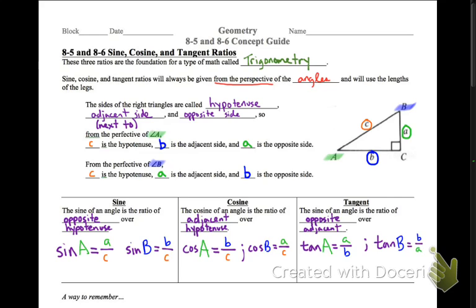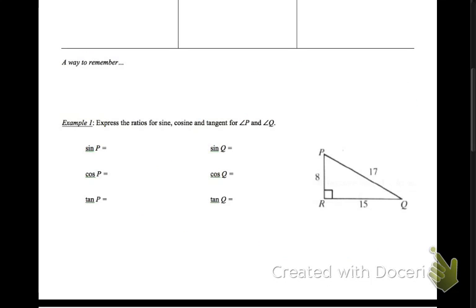Now, these ratios, opposite over adjacent, etc. Here is an easy way of remembering this. There's a story about an Indian princess that I'll tell you about later, but sine is equal to opposite over hypotenuse. Cosine is equal to adjacent over hypotenuse. Tangent is equal to opposite over adjacent. So this Indian princess named Sohcahtoa, I'll tell you the story later, but remembering that name will help